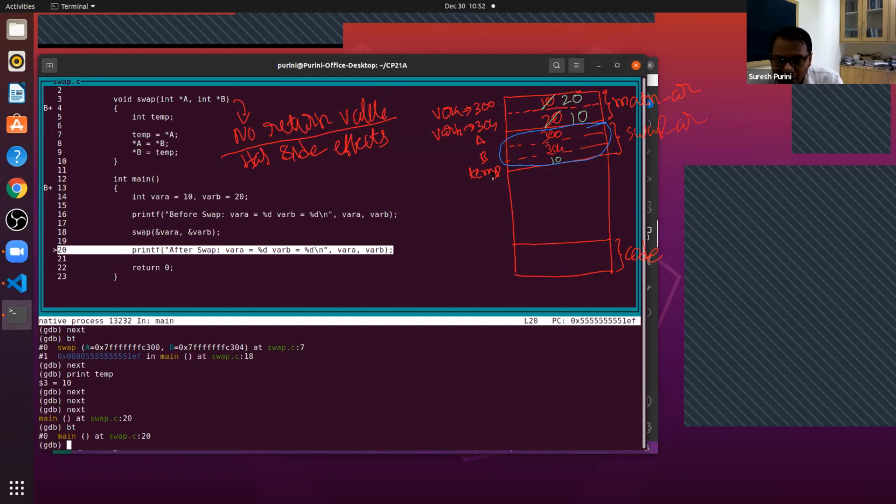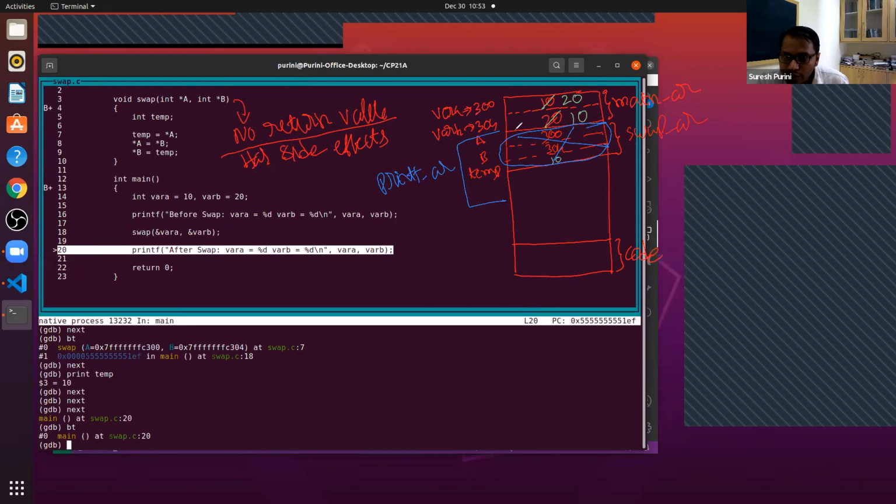For example, after swap, printf is called. The printf will be using this memory. We may not get a segmentation fault, but after swap is out, this chunk of memory could be allocated to printf's activation record because we are calling printf on line number 20.